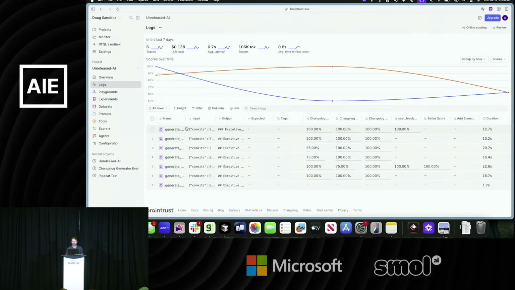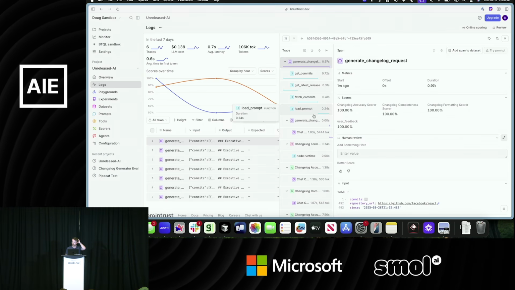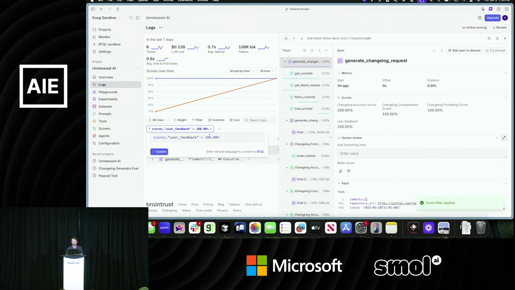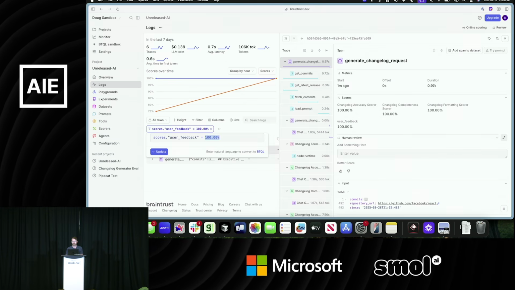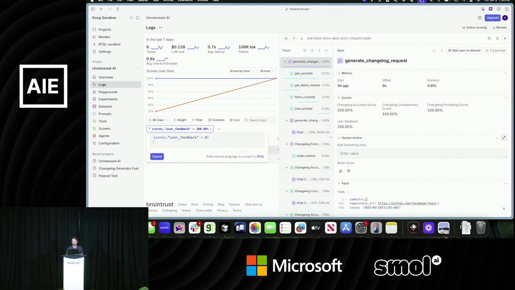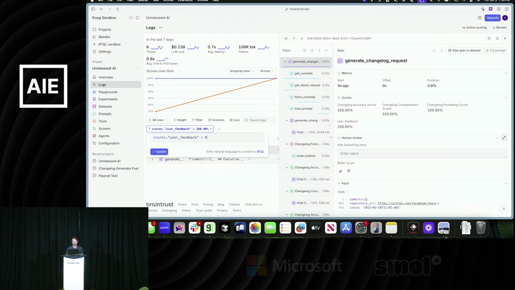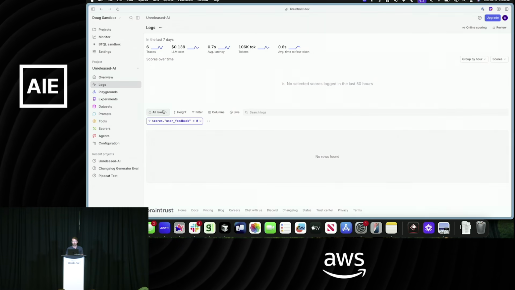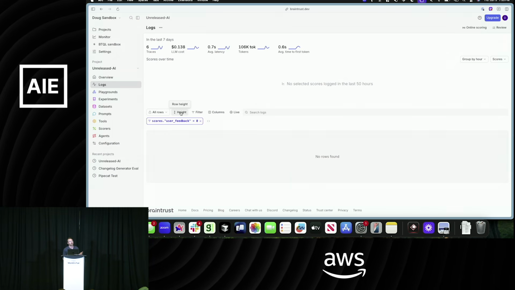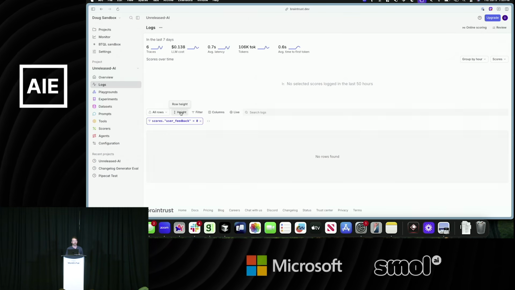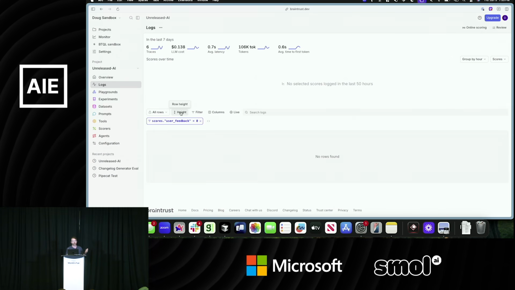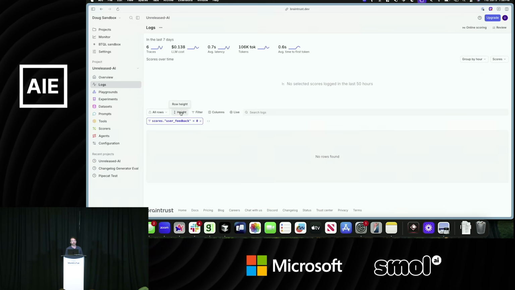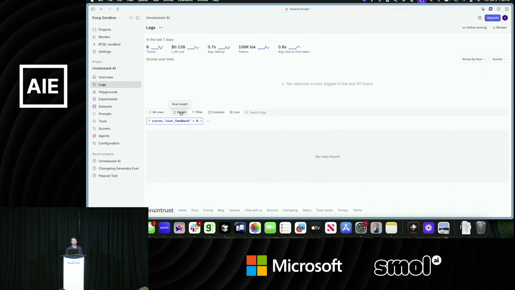But now I can also do something like this. Maybe I want to filter my logs down to where user feedback is 0. So I click that button and change this to 0. Right, I don't have any rows like that yet. But now I can save this as a view, and people who are using this for human review can filter this down to where user feedback equals 0, and we can figure out what's going on. What are the things that fell down within this application that we need to go fix?